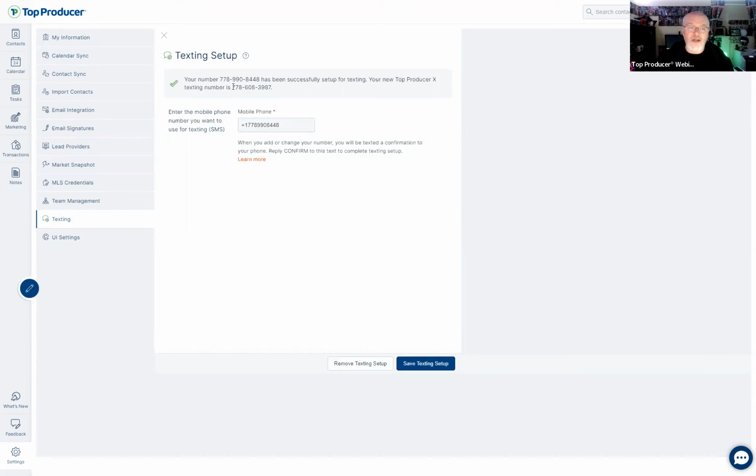It will then create a secondary number for you, which you use for texting from within Top Producer. The best thing to tell your clients is this is just a secondary business number to allow me to communicate with you. If they're wondering how real this number is, tell them to call it. It will be redirected to your phone, and you'll get the call right away and be able to explain to them, hey, yep, this is my secondary business number.